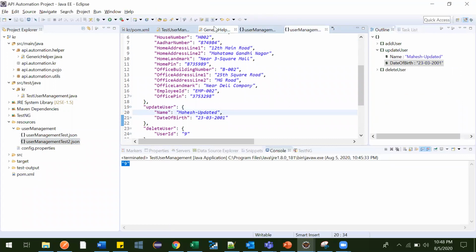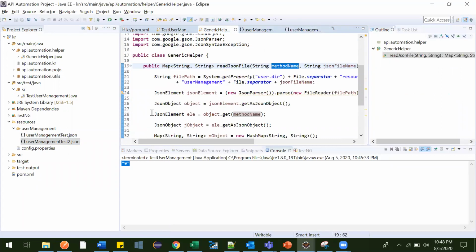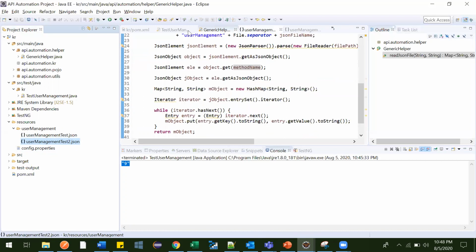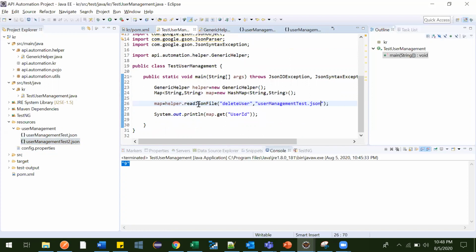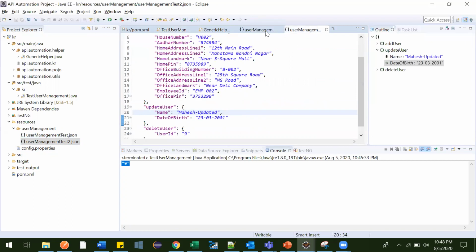So now some user came and they can say, I have some other methods that do not belong to user management, mine is library management or anything, whatever file name they can give. So whenever they are using it, they need to provide which method they want to route and from which file. So I am telling from this file, delete user and then user ID. And so what it did, it went here.